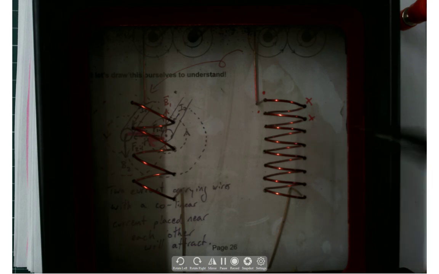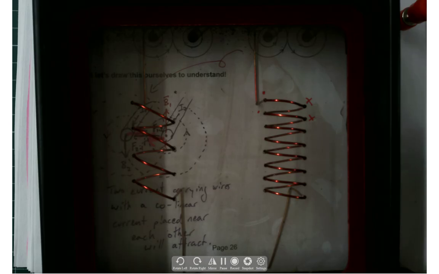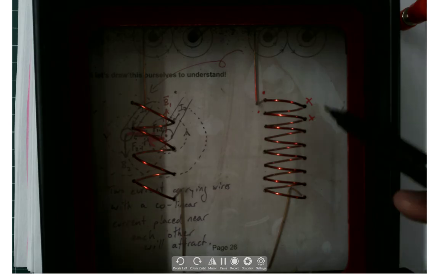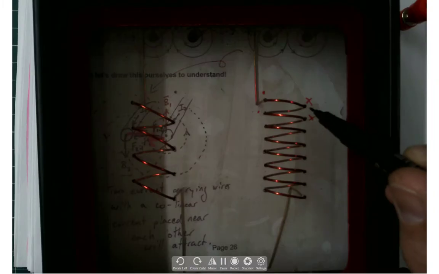What do you think? Yeah? It's going to compress, yeah. It's going to compress. Would you believe that with AC current, when the current's flowing, you know, AC current is current that's alternating